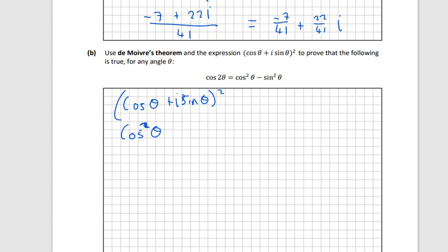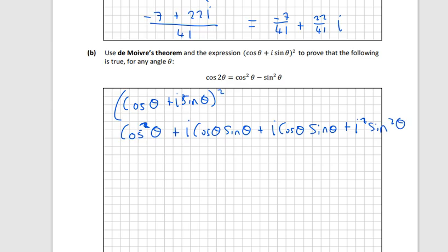And cos theta times i sine theta is i cos theta sine theta. And then i sine theta times cos theta is plus i cos theta sine theta. And then i sine theta times i sine theta is plus i squared sine